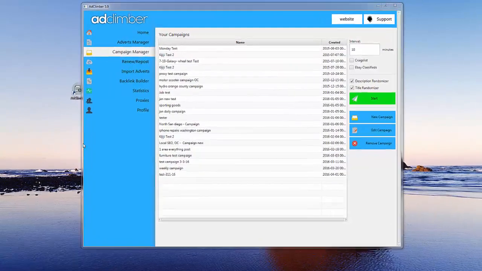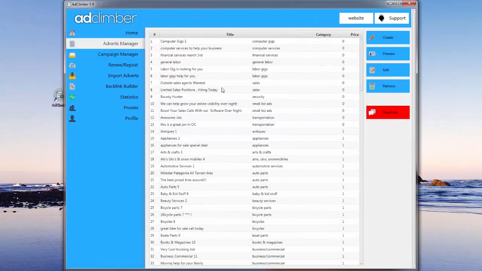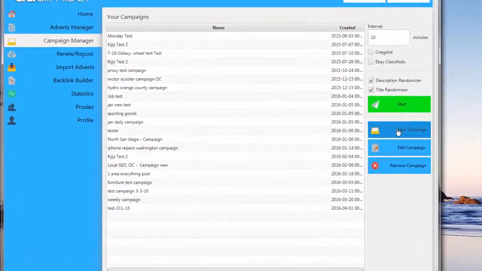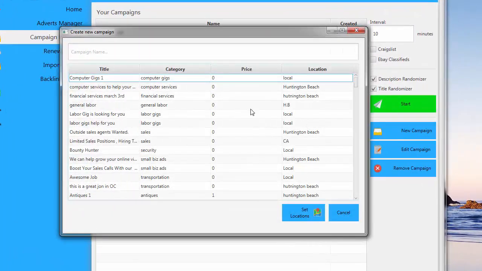So we saw how in Advert Manager up here we built our ads or we imported our ads for posting. Now in Campaign Manager is where we will create a campaign that you can select daily to post to Craigslist or edit this campaign to put other ads inside of it and things of that nature. So once you've built some ads, you go into Campaign Manager and for the first time you're going to select New Campaign. You'll then have a window pop up that looks like this, and we'll just make this new campaign